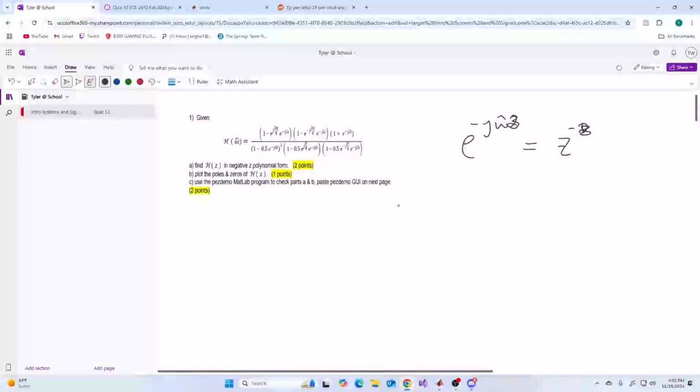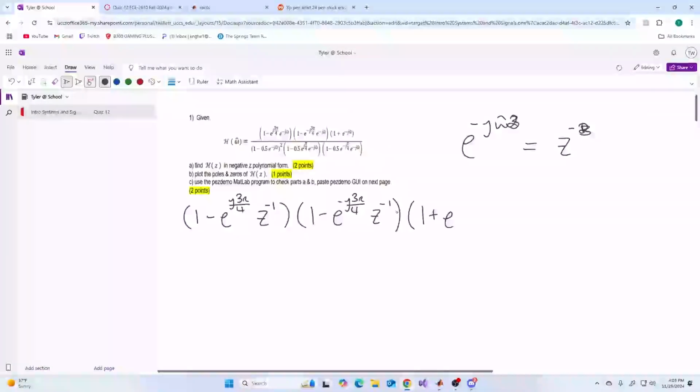Just so, I'm going to skip ahead, because the first thing I like to do is to put h sub w hat into h sub z form. So let's go ahead and do that. So I'm going to have 1 minus e to the j 3 pi divided by 4 z to the negative 1 times 1 minus e to the negative j 3 pi divided by 4 z to the negative 1, 1 plus e to the negative,